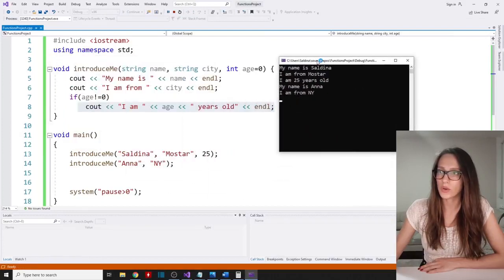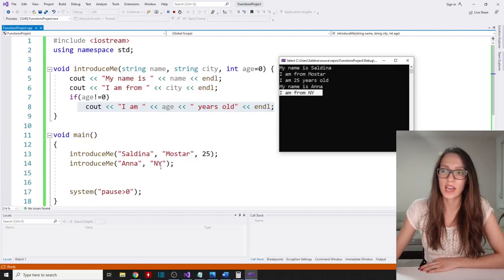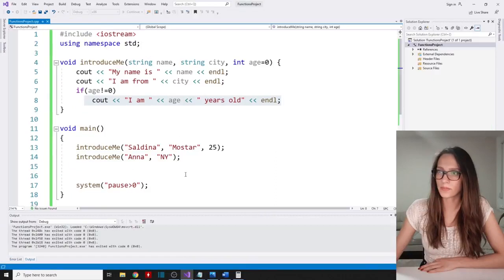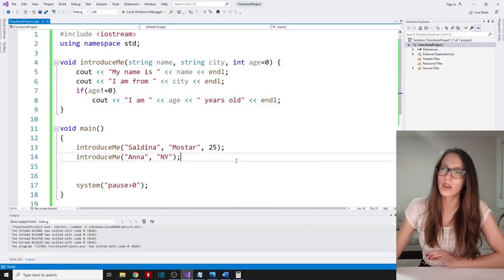Okay, so as you can see now, my first user has been introduced as I am 25 years old, and then my name is Anna, I am from New York. Since Anna did not specify how old she is, we haven't written out her age here because of this check that we have added. Okay, so that was about the default parameter, and there is one thing also that I want